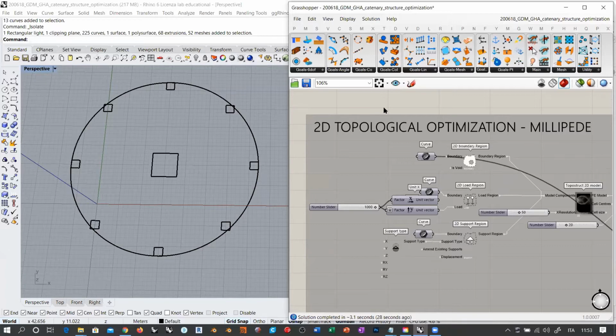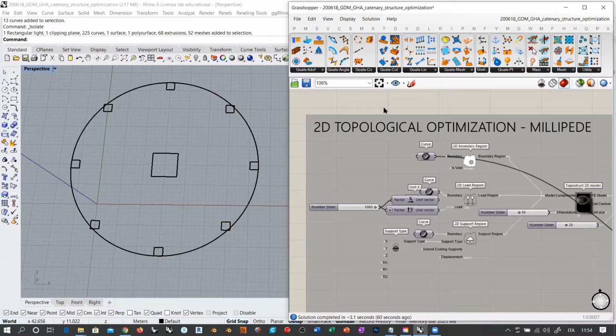The difference is that this analysis here, this topological optimization process, focuses on the stress lines, basically, and tends to optimize the usage of material, condensing the material along the stress lines. So where you have more concentration of stress inside the region, inside the boundary region, then the software assumes that in that areas you need material, while in the remaining area there is no need to fill the body with